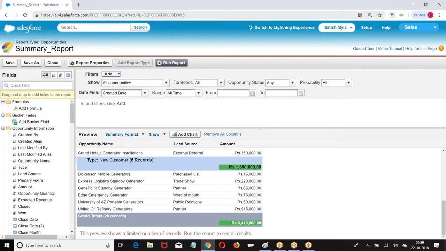So basically, what is a report, boss? Report is an analysis on the data. Now, when you are trying to draw the analysis, how many types of reports do we have? Standard and custom. Standard are created by Salesforce. If you modify the standard one, or if you create a new one, it's called custom. Custom can be stored in a custom report folder, unified public report folder, or my personal custom report folder. Anything that is stored in my personal custom report folder cannot be shared with anyone else.